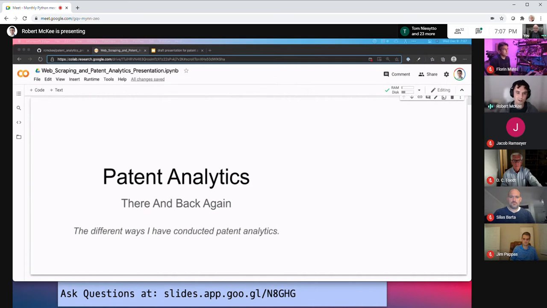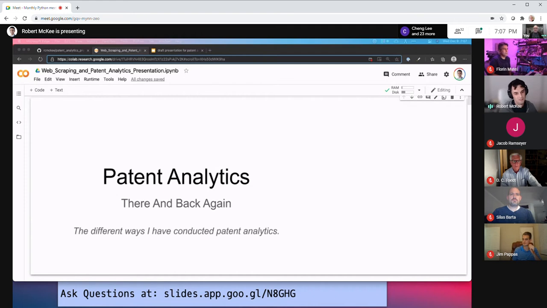I got into all this stuff because patents are a treasure trove of information, but there is so much of it. And so when I started learning that Python could help me filter through a lot of that patent information and that text, and I could turn text into data that was useful for me, then I just started doing a deep dive into it, and I kind of just never looked back.